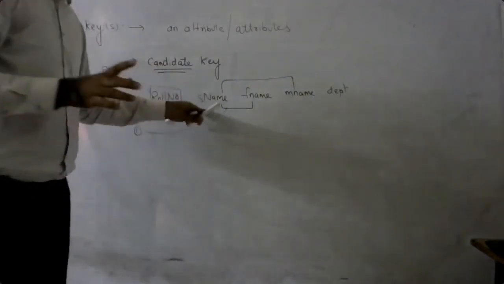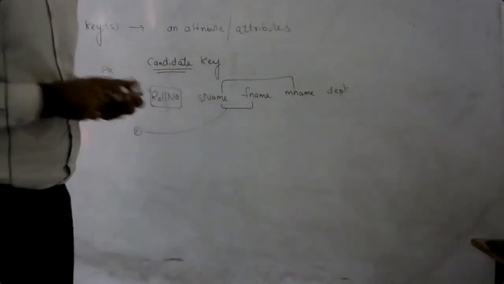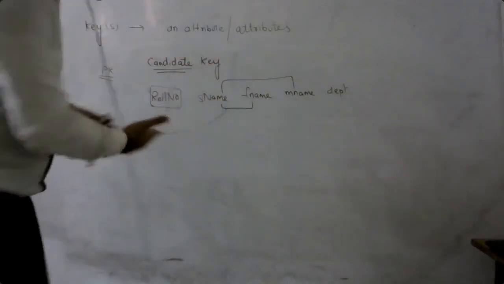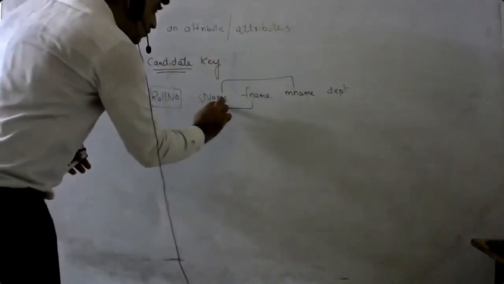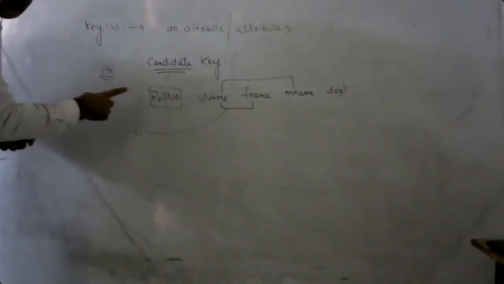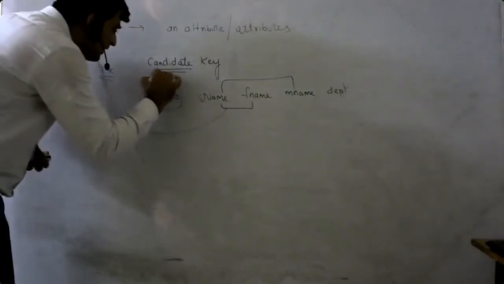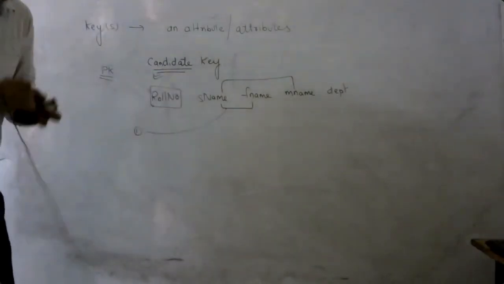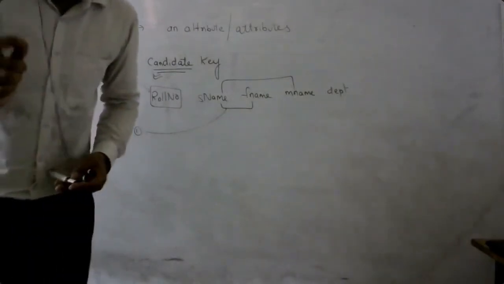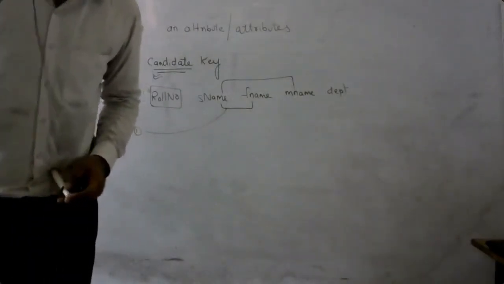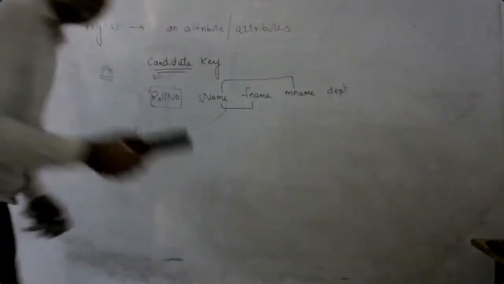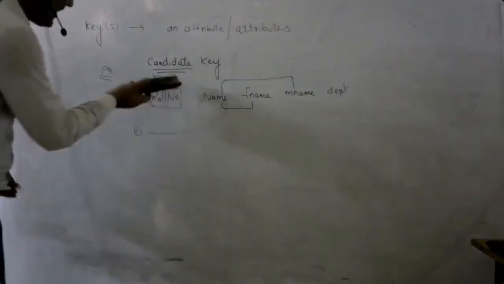We can also use the combination of S name and M name, student name and mother name. What is your name? Rahul. What is your mother name? Rita. If Rahul and mother's name uniquely identify the tuples, that means a combination of one or more attributes can uniquely identify. What is candidate key? If in a relation there are one or more combinations of attributes that can serve as the primary key, it is known as the candidate key.